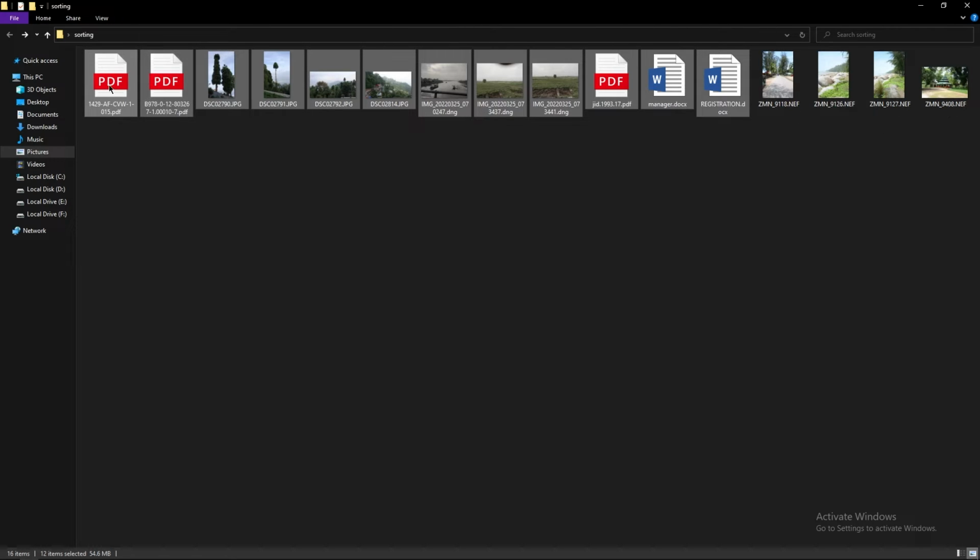So first off, you have to select the files you want to rename. So I have selected this, so they got highlighted. So then you have to press F2 on your keyboard. So by clicking F2, one of the files will ask you to rename it. So let's say I want to rename all of this to